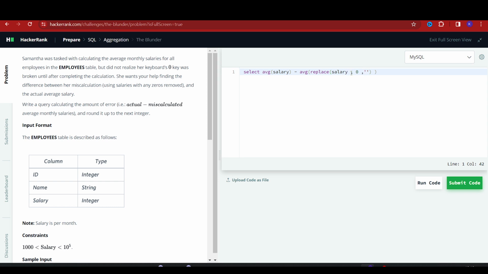And also in the question, round it up to the next integer. So for rounding it up, I will use the ceil function. This ceil function will round the number to the next integer. So here we can see that select ceil average salary, the actual salary, minus the miscalculated salary, average replace salary with the blank,